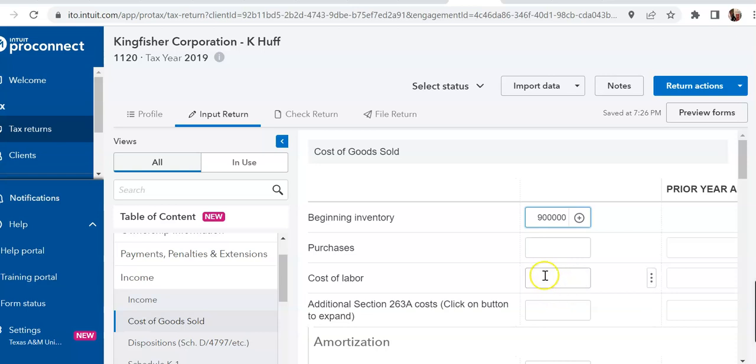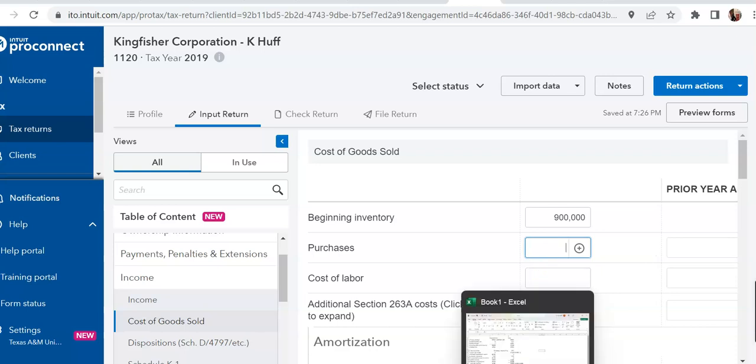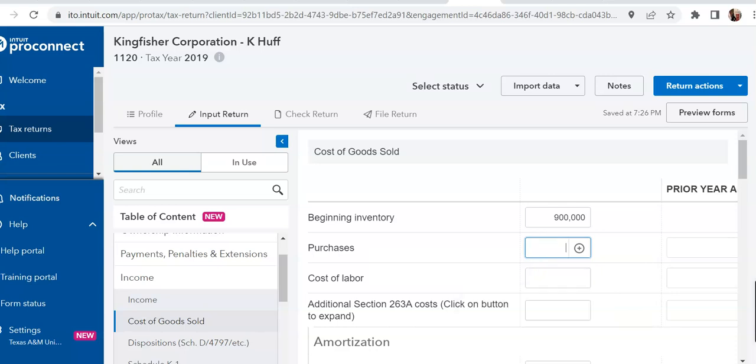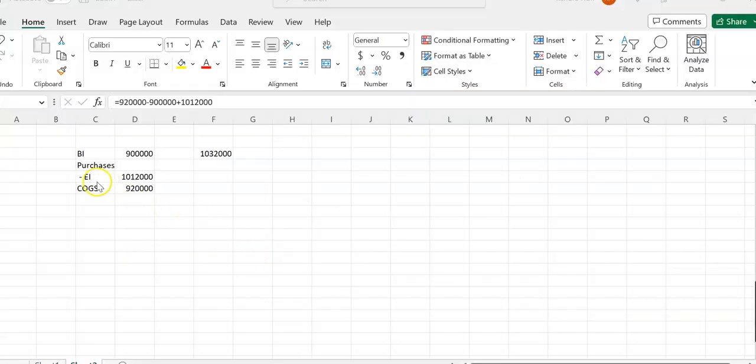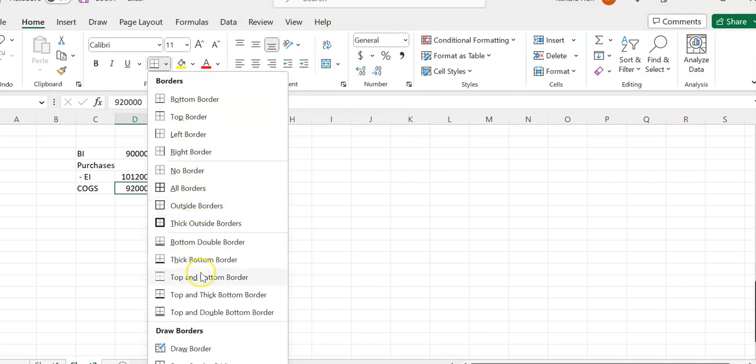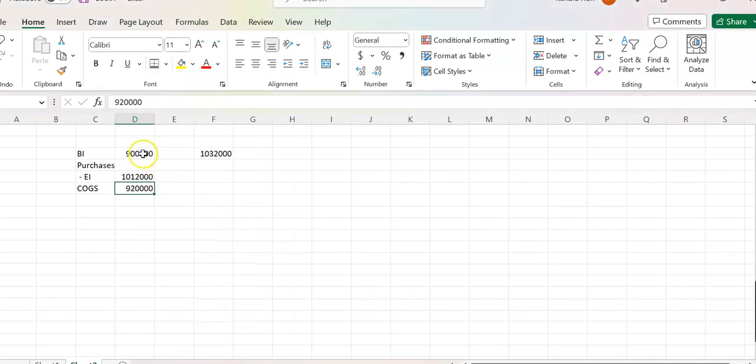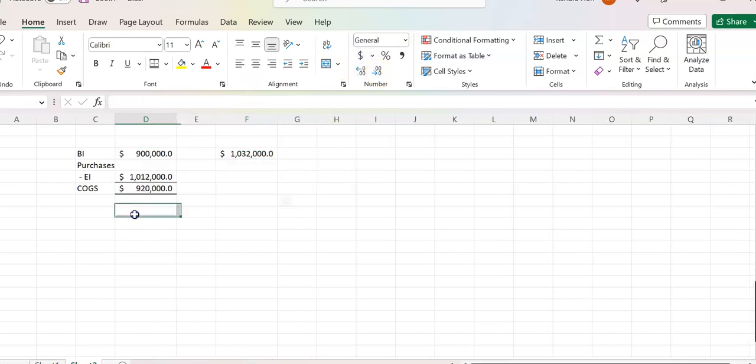Where's my ending inventory? Purchases, I don't know. Okay, so I came over here and I calculated what purchases must have been. I just used that little formula that hopefully y'all all know: cost of goods sold is calculated as beginning inventory plus purchases minus ending inventory equals cost of goods sold. I had beginning and ending inventories and cost of goods sold, so I just solved for purchases, which was this